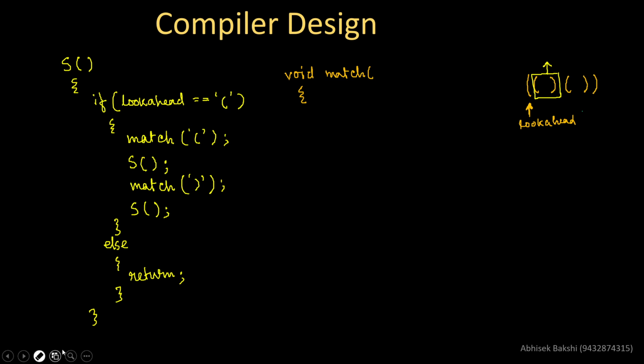I'm sorry, this function is called by value, I mean a character is passed, so I must have a char ch, right? So if the lookahead, where basically we are pointing,